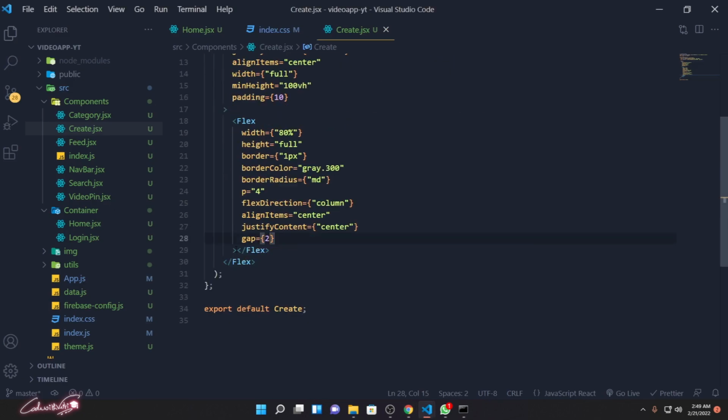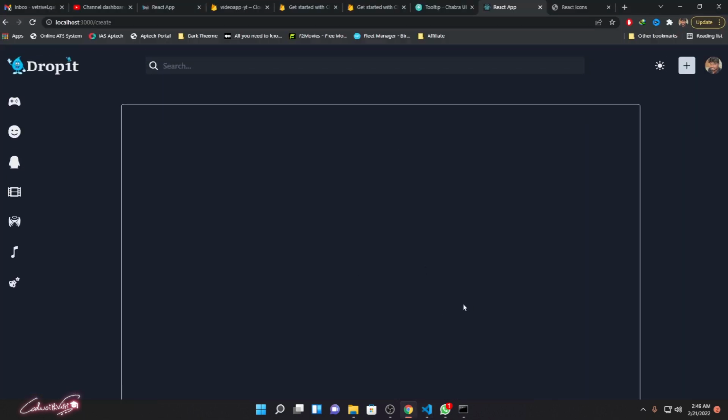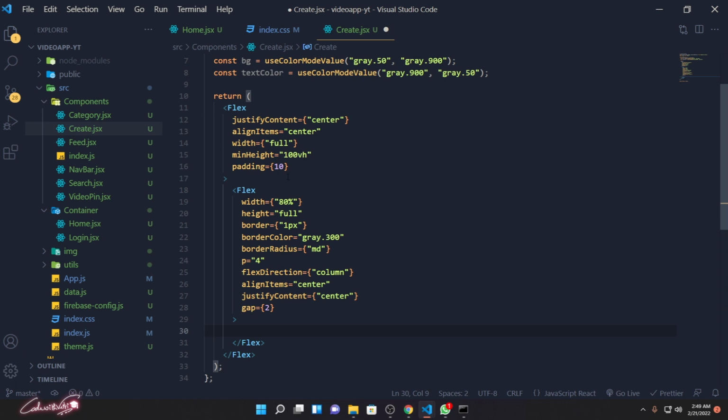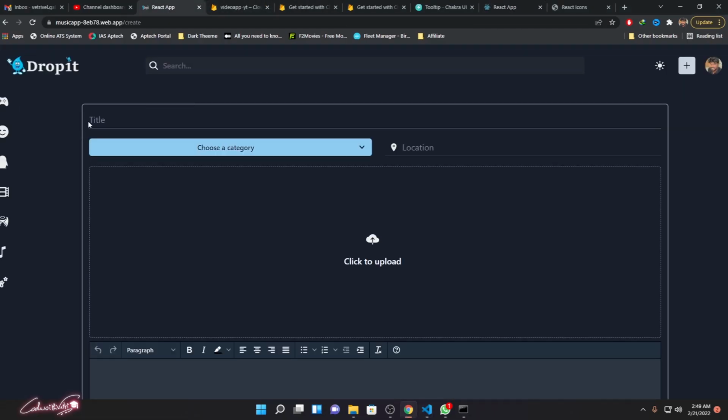Then what we are going to do inside this, we are going to have that. Actually, we fix the minimum height over here, that's why it's taking that minimum height. Okay, if you don't fix that minimum height, it doesn't take that height. So that's okay, that's fine. So like here, inside here, now what we need to do, first we need to display the title, this entire